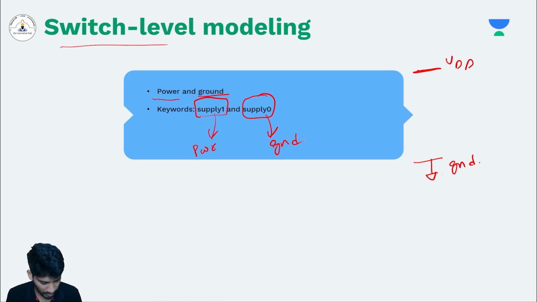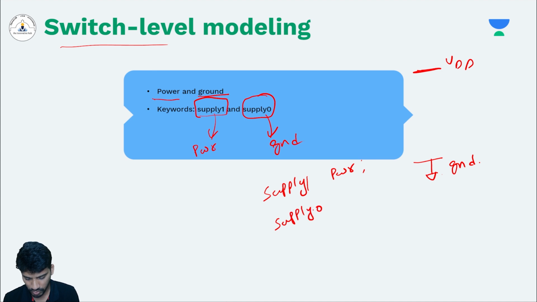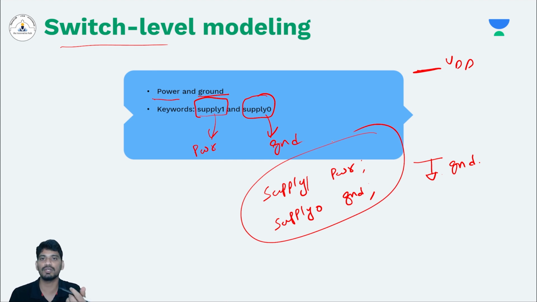So how to define them? You just need to write supply1, and then write your terminal name. Similarly, supply0, and you write your terminal. Okay, we'll use this once we do some examples, like once we construct an inverter, NOR gate, NAND gate, or CMOS latches. Everywhere we'll need these power and ground elements. Okay,